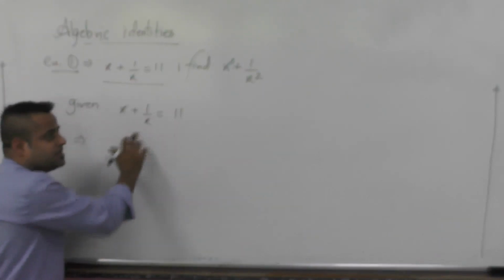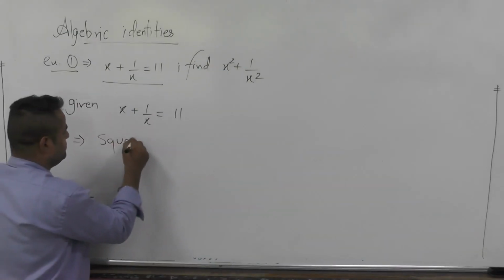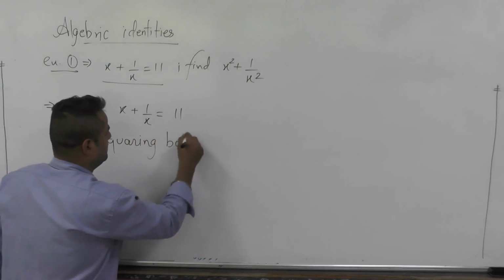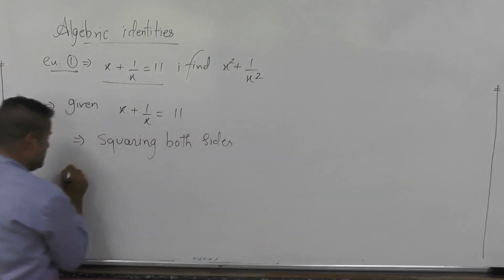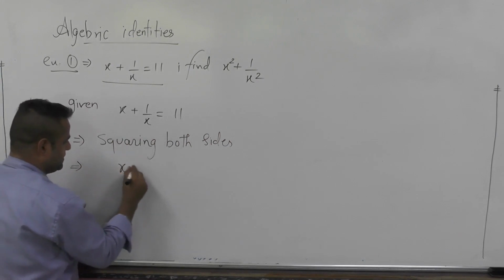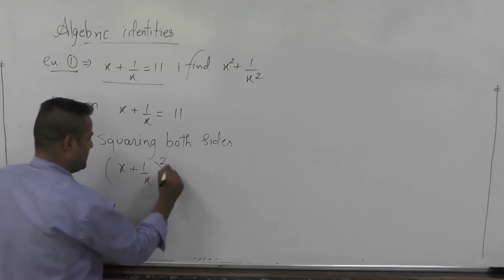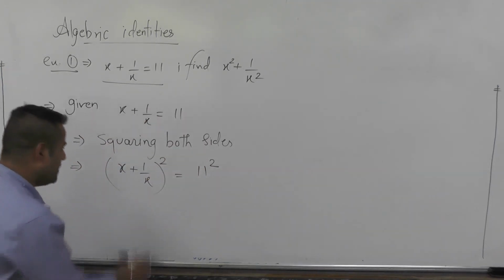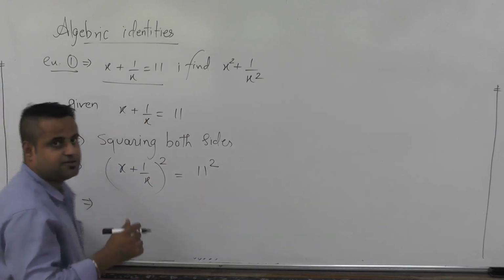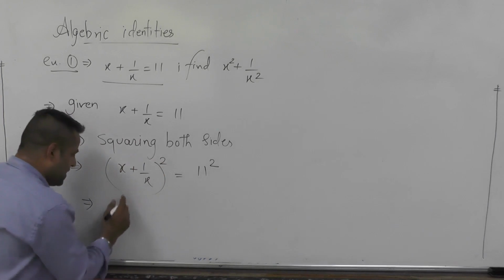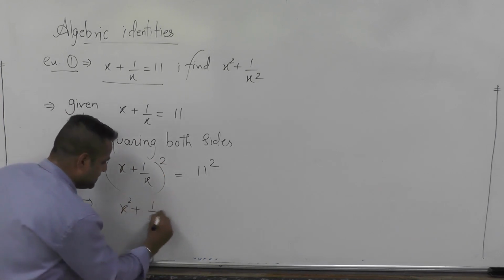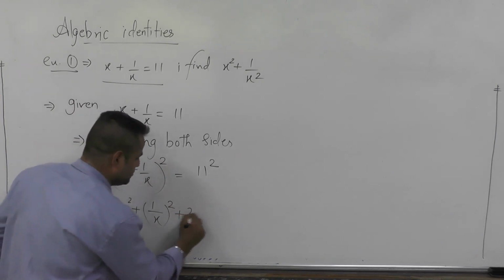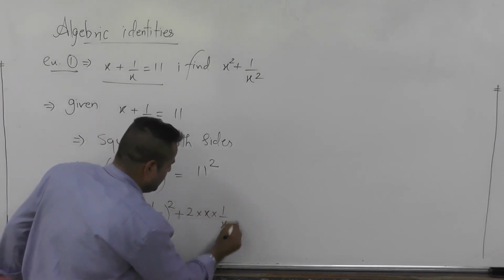Now what we are doing with it, since we need the square of each term, we are simply squaring both sides. Since on the LHS we have x plus 1 by x as a whole term, we take the square of the whole term, and on the other side we have 11, so 11 square. Now we open it with the identity, a plus b whole square. So I am opening it: a square plus b square plus 2 into a into b